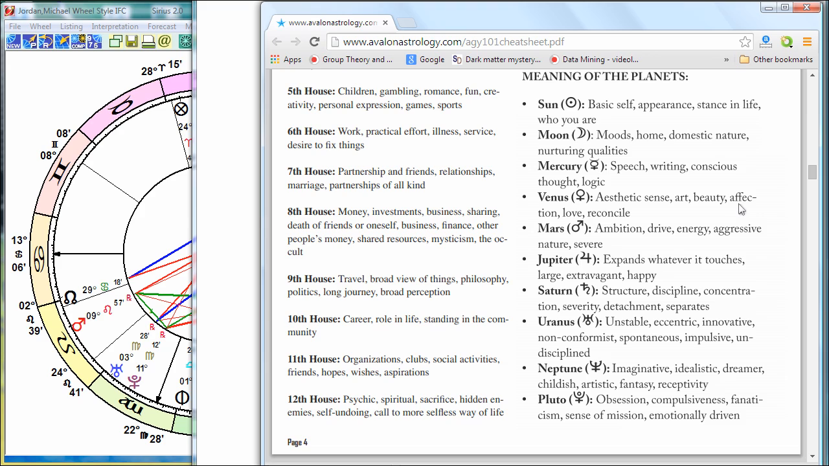Art, beauty, affection. We use these words like masculine and feminine in astrology in a traditional sense. Doesn't mean that all men are a certain way or all women are a certain way. You just take it more symbolically to get the feeling for it. Okay, so Venus,